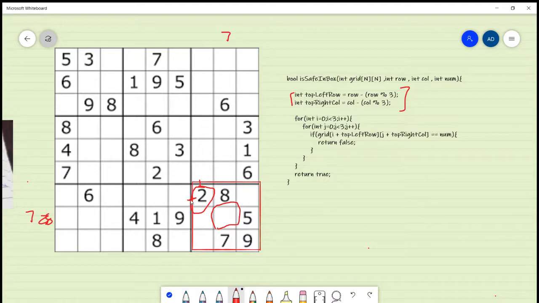By finding the top left position, we iterate in the box with an iteration from 0 to 3 and 0 to 3, as the size of the box is 3 cross 3. So we are traversing this particular matrix, starting from the starting position, you can say 0, 0. From that we traverse the matrix, and we check whether that element is found in the box; if so, we return false, else return true. I will also send the code. You can see that.